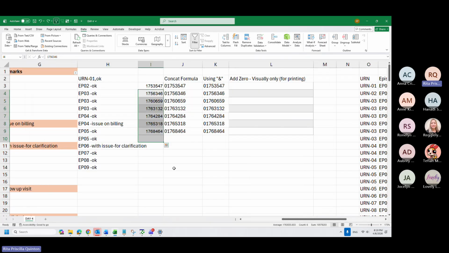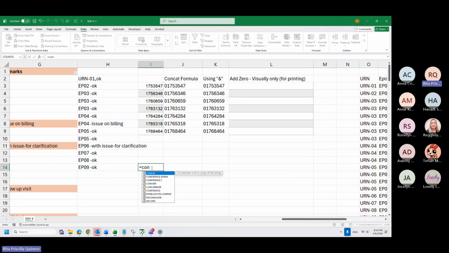So how do I do it in Excel, especially if I have 100 patients? I do the concatenate in a smarter, more advanced way, which is concat my first patient. So if I want, I will do this, right?